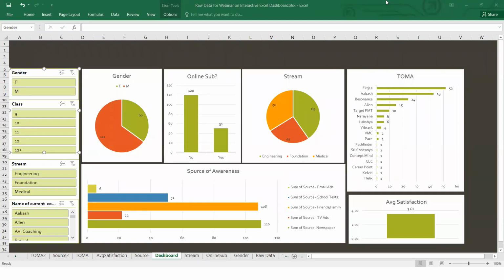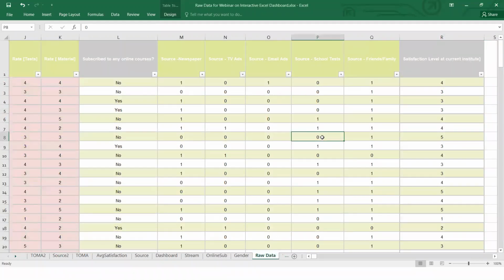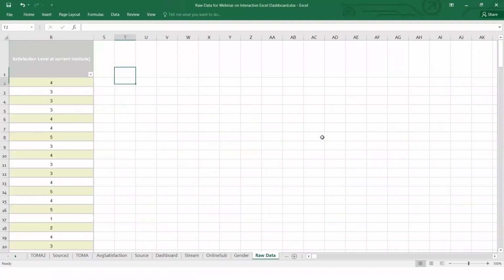Mohit, there was one sheet where you showed the binary. How did you convert it into binary, that is 1 and 0? Can you tell me about that? You can easily do that, it's not a big thing. Suppose you have qualitative data, like newspaper, news, TV, radio, and news.